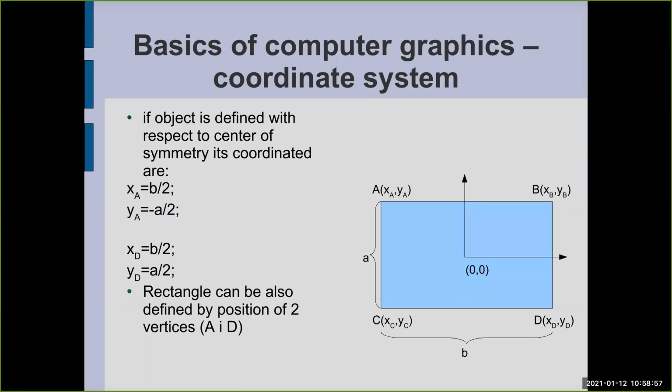Okay, so now I'd like to tell you something about computer graphics. This topic covers several issues. So the first issue is how modern graphic cards work. So probably most of you